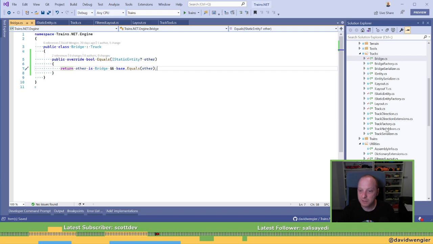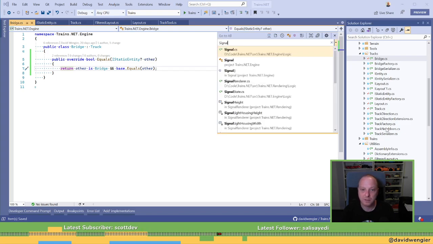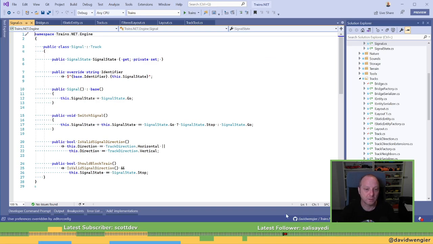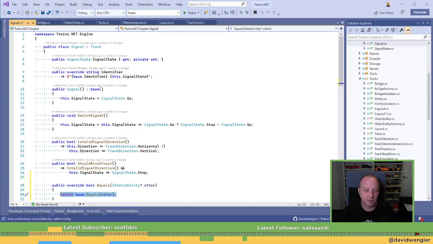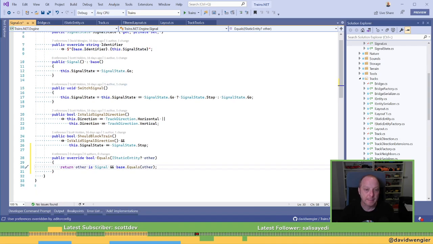Now, did we have a signal class? We do. Awesome. And this is going to be other as a signal, because we still need direction, although they don't have alternate states. Do we need signal state?